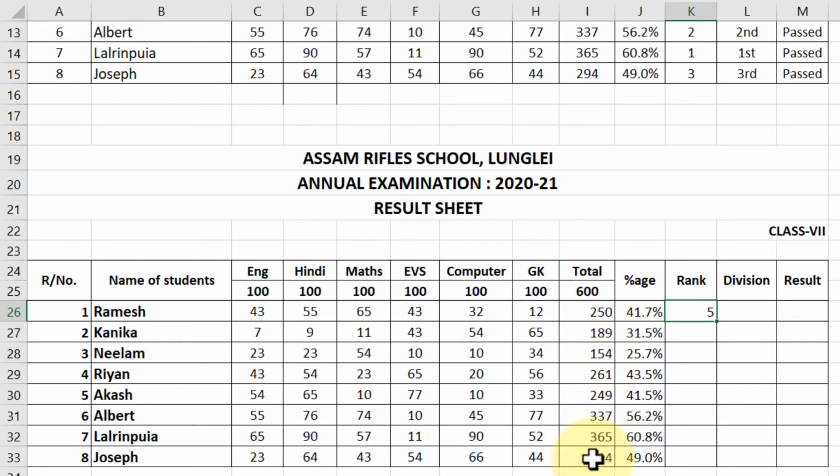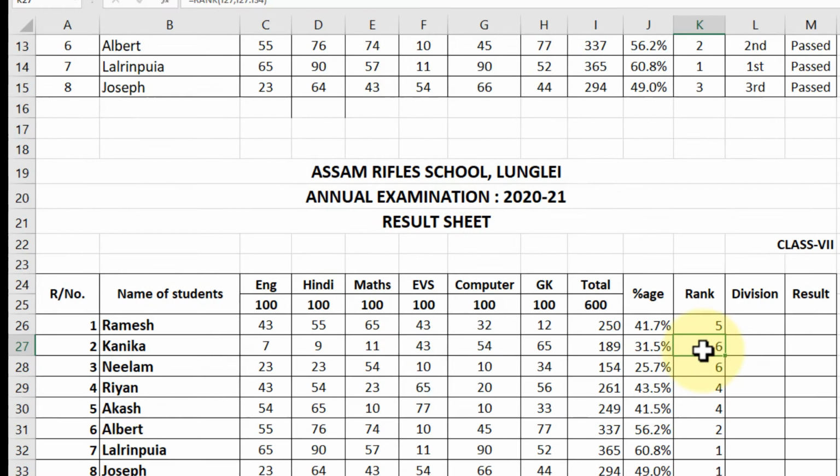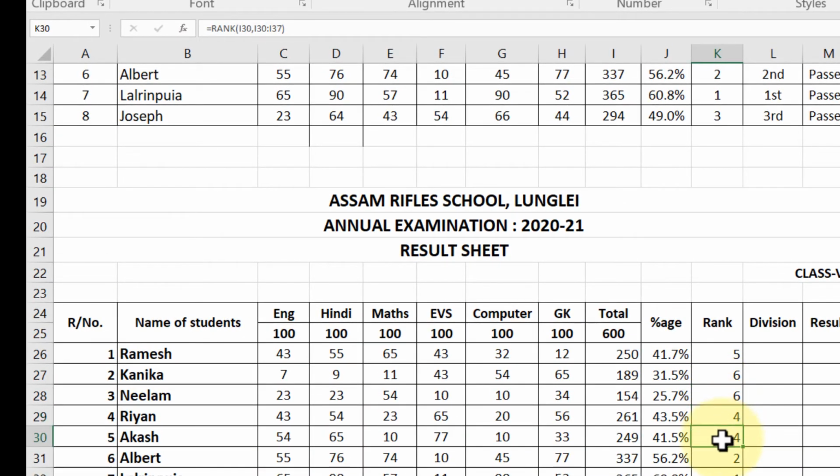Now try this rank formula in all the cells below. But one important thing I must tell you: if you want to drag like the other formulas, then it will not work, because if you drag, the whole data will change. You can see here. We want to change only the first value in each cell, and the remaining two values should stay the same, unchanged.